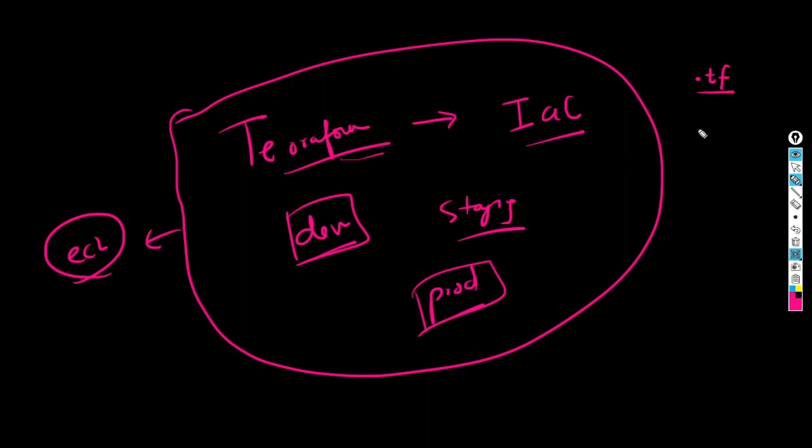We also have .tf files. These are basically configuration files, so we store the configuration values in these .tf files. So that is basically it. This is the file structure, I mean the extension structure that we are going to use. Apart from that, there is a basic file structure that we always have